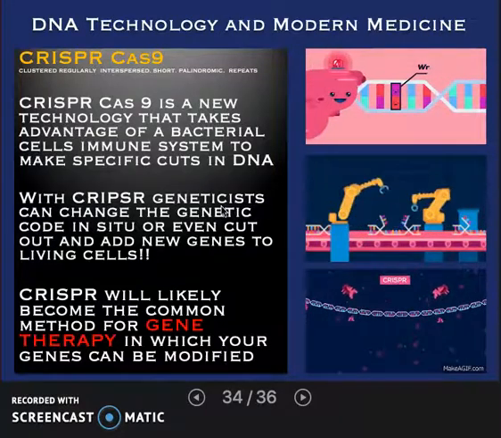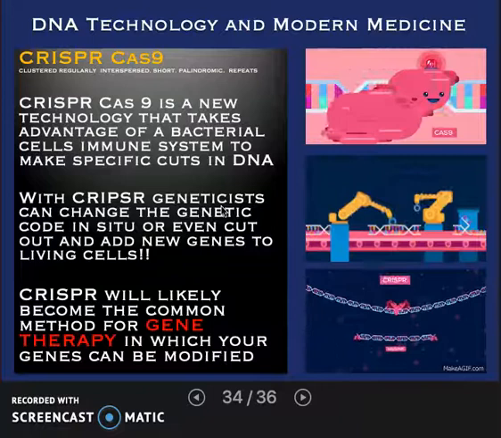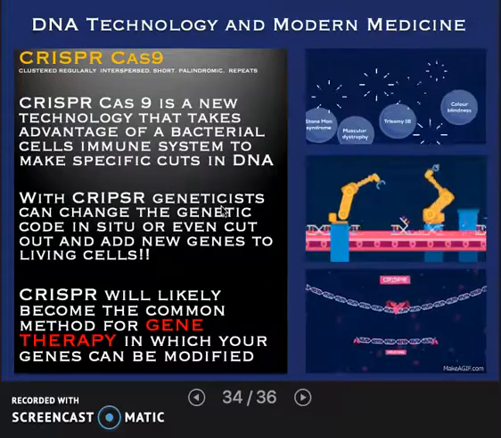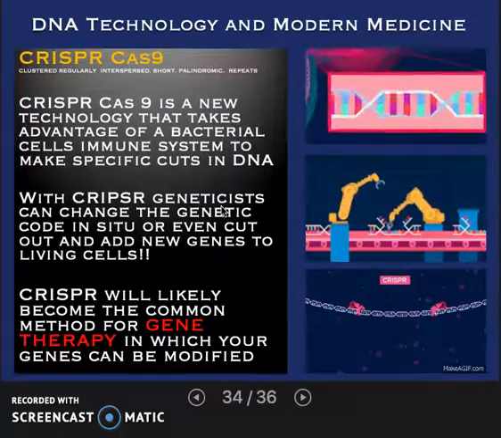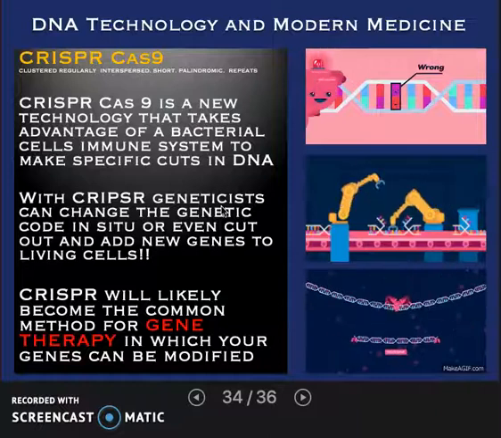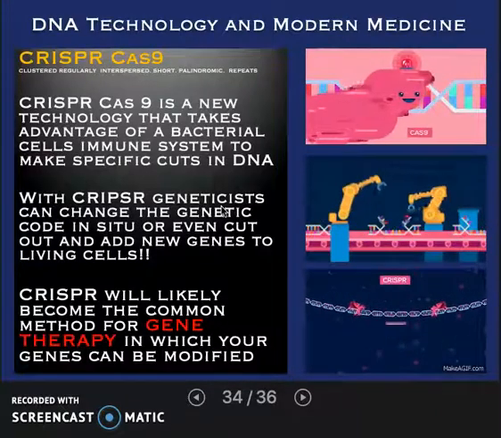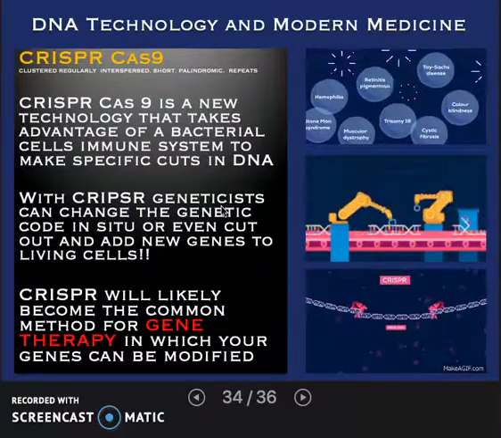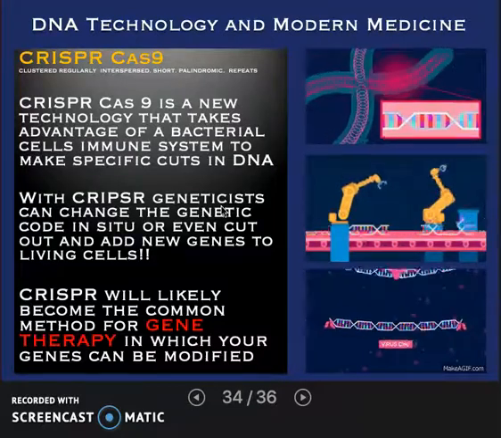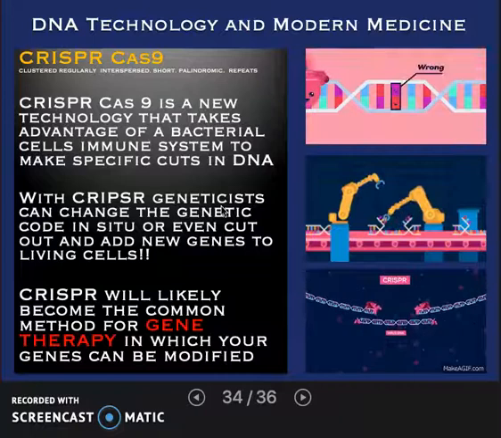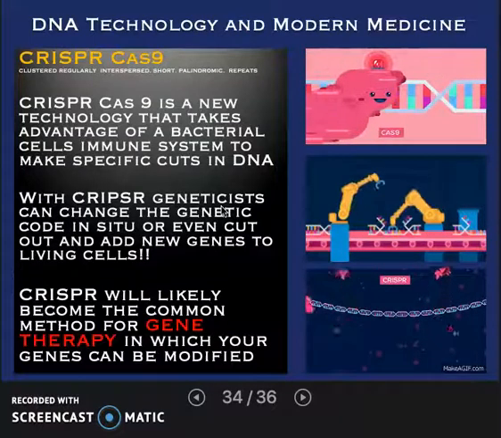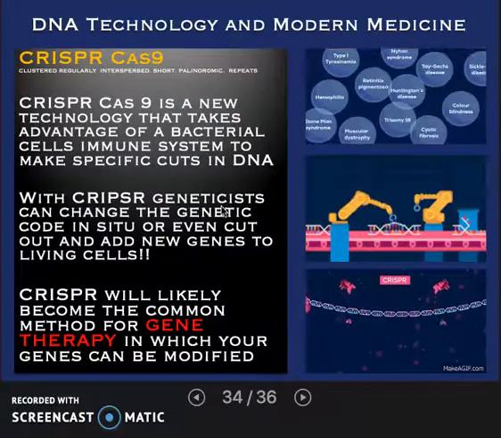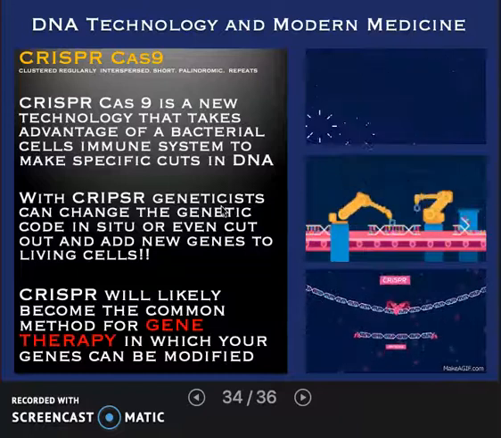So if you have a genetic disease, say cystic fibrosis or muscular dystrophy, you could potentially introduce the correct sequence of DNA into those cells that are malfunctioning. Of course, the problem with a disease like cystic fibrosis or muscular dystrophy is that you're made up of like 70 trillion cells. So how do I get DNA into 70 trillion cells? Well, one of the answers is the time to do it is when you're an infant. So when you're an infant, you're made of one cell, or maybe you're made of whatever, 300 cells. If I could do CRISPR gene therapy, then I could fix you. But we'll see. The technology rapidly advances.